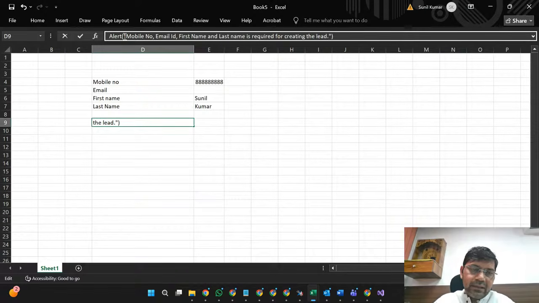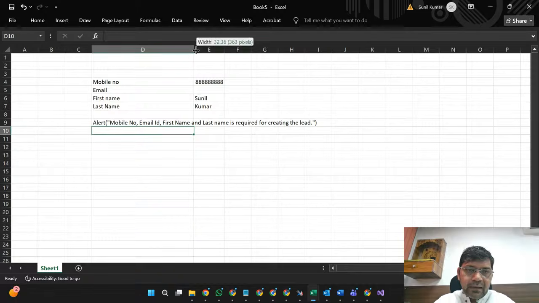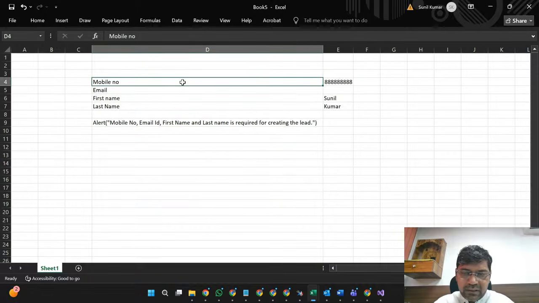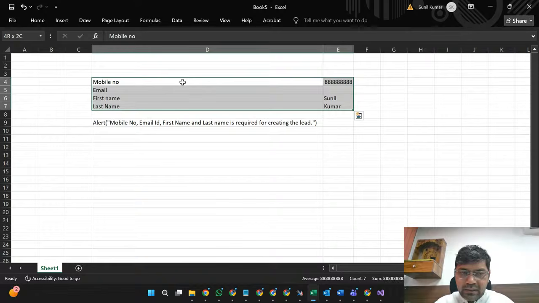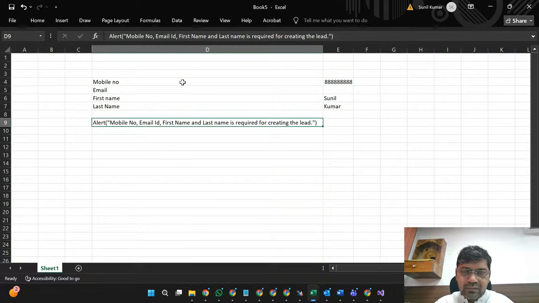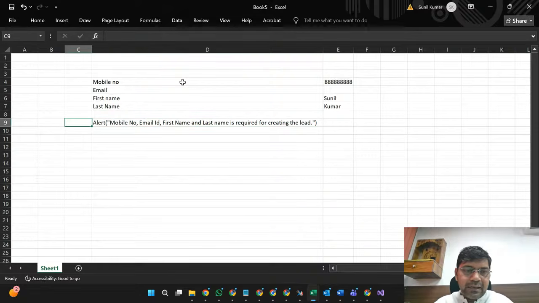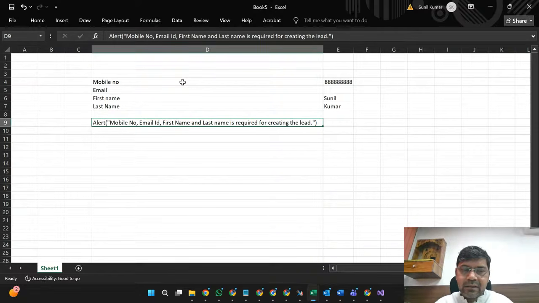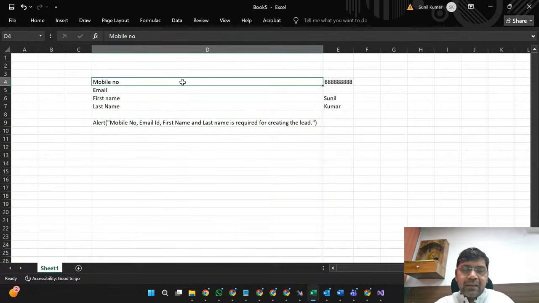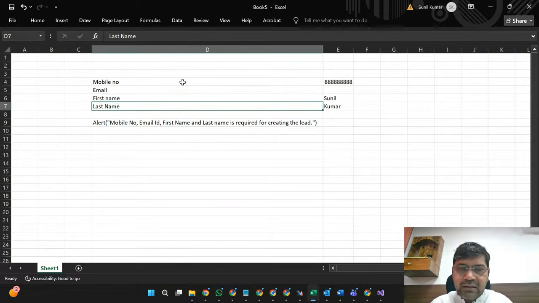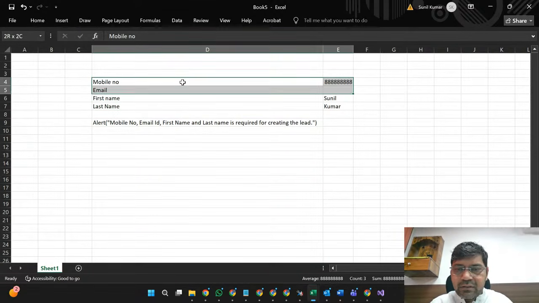So this is the server side validation. If any of the information is not available in my request, then it should not accept my request. It should show an alert message and you are not able to save that record. That is my primary requirement. It is not like I'm writing this in my JavaScript. This should be on the server side, so that if I'm trying to import any record, or create any record from any API, it should not accept that request. That is my requirement here. Is the requirement clear?